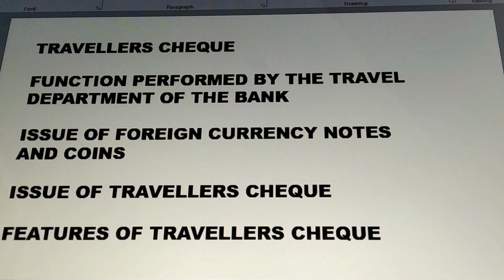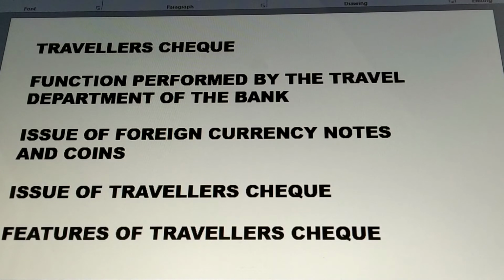Traveler checks are issued by different banks, right? And they can be issued in different denominations. It is not one particular denomination that is issued. So that is the reason I said earlier it may be in notes form or in coin, it does not matter. Denomination differs, whatever the party asks for, right?